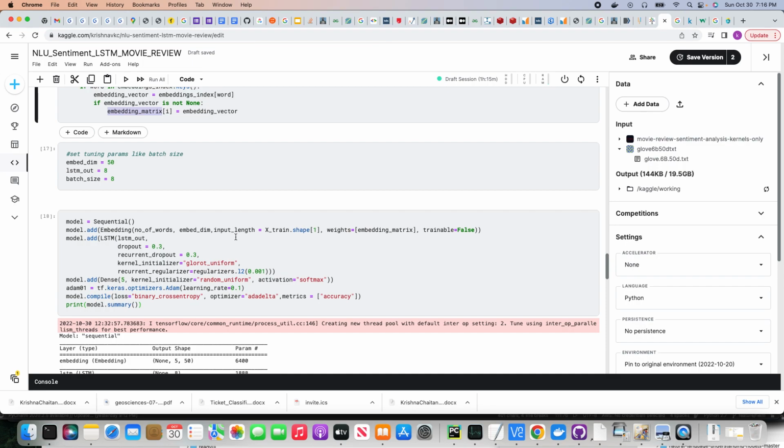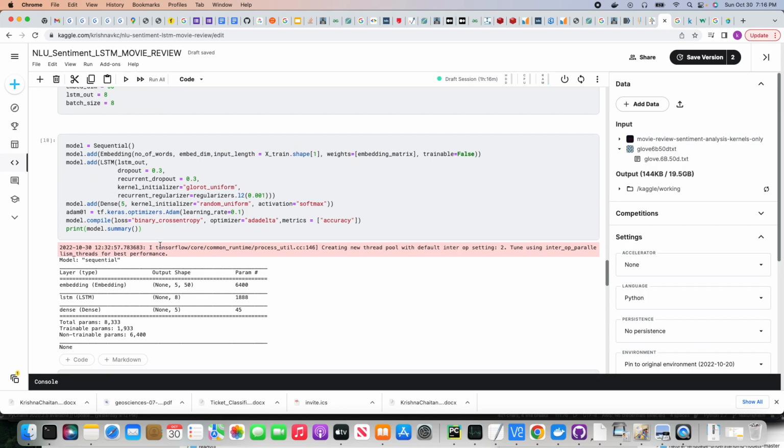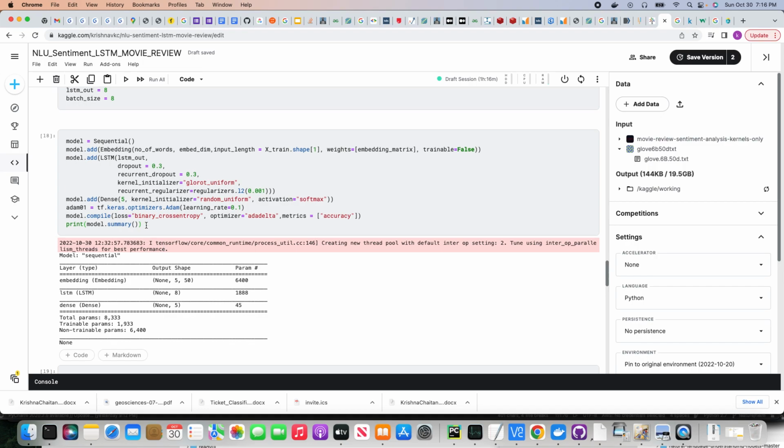We put the embed the weights from the GloVe embedding matrix. We instantiate an LSTM model. We mention the dropout parameters and the kernel initializer, and we added a dense layer and activation of softmax because we want to know the category, and we use the Adam optimizer with a learning rate of 0.1. All this data can be tweaked further. For the purpose of this tutorial, we are just using a plain simple LSTM embedding, and this is the model